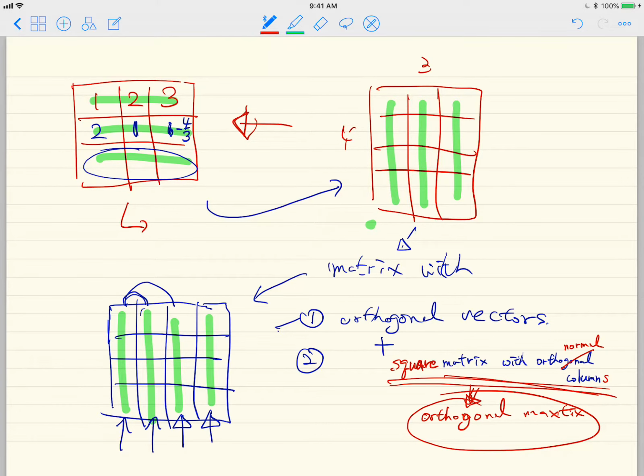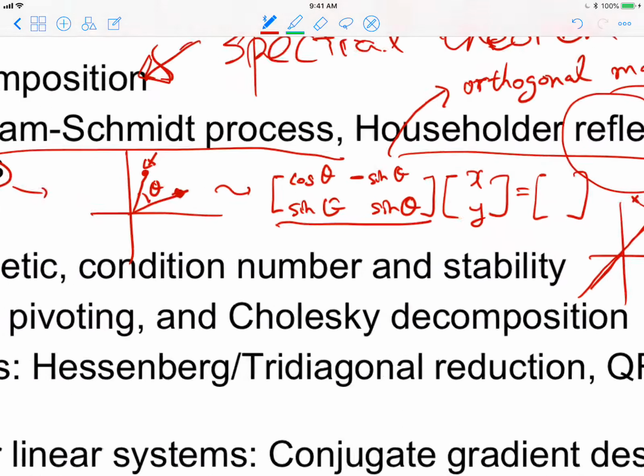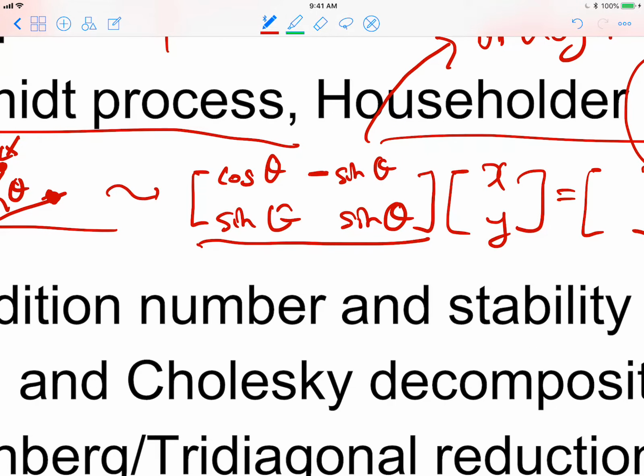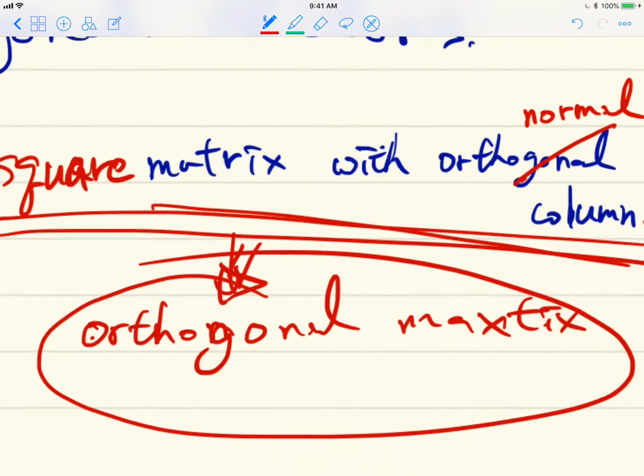So why do we talk about this orthogonal matrix? Because this rotation matrix is a special case of the orthogonal matrix. Okay, and actually you can think of them as equivalent to each other. Although in the case of three-dimensional rotation, it is a little difficult to define the rotation,